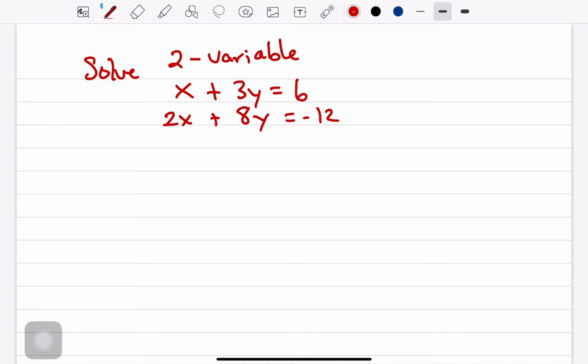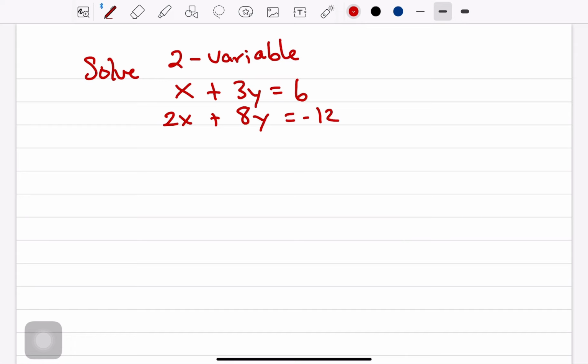All right, this is the first of a two-part video. We're going to start by solving a two-variable system. So there's an x and y, and then the next video is going to be a three-variable system, so it's going to be x, y, z. The three variable is essentially just the two variable